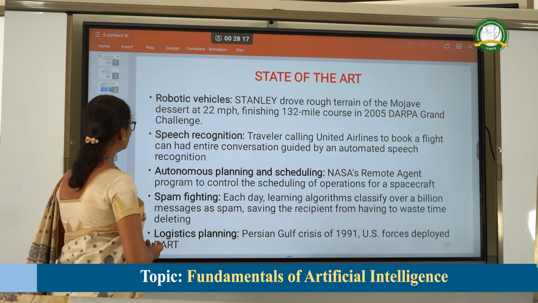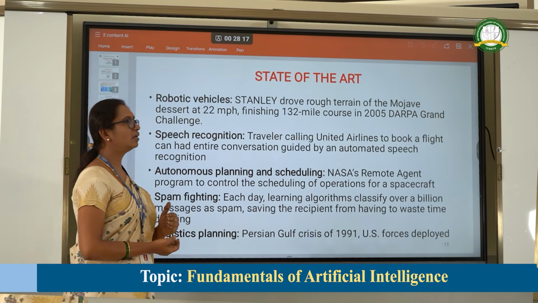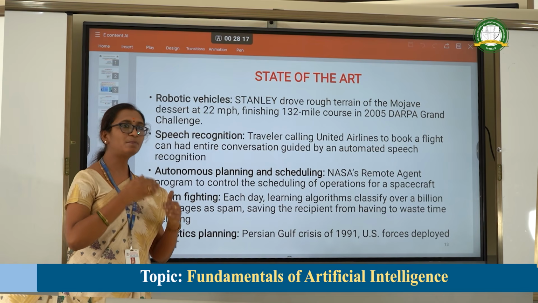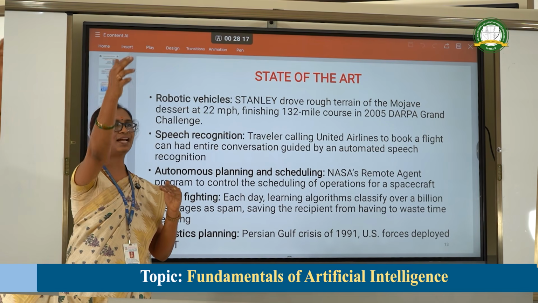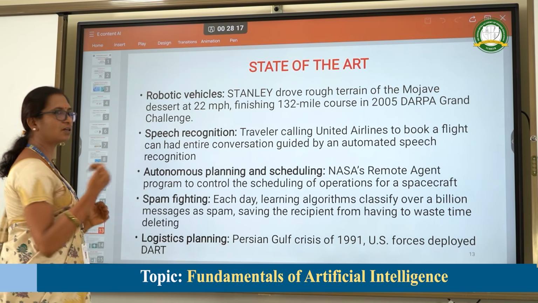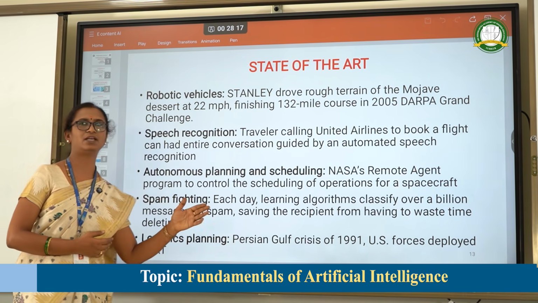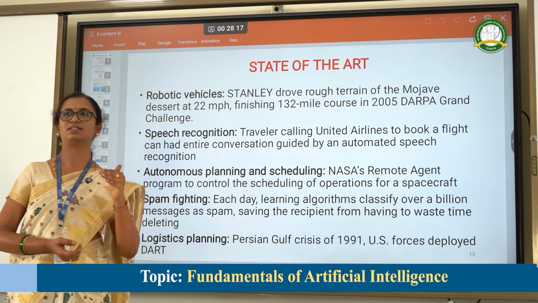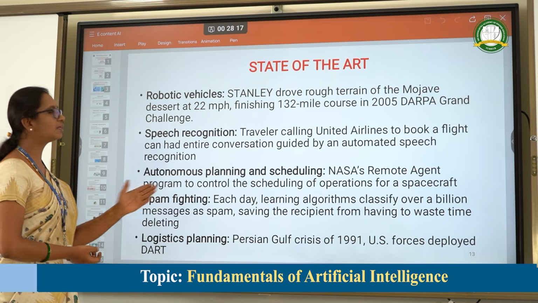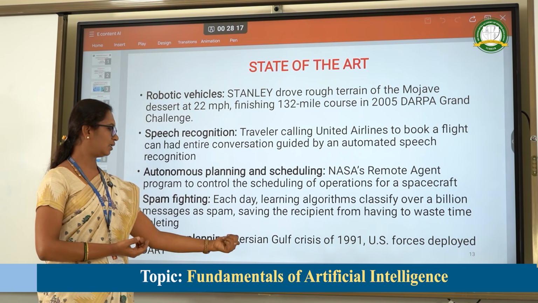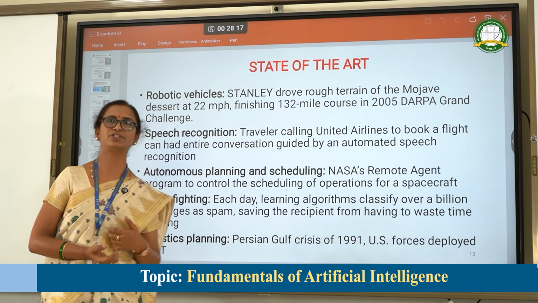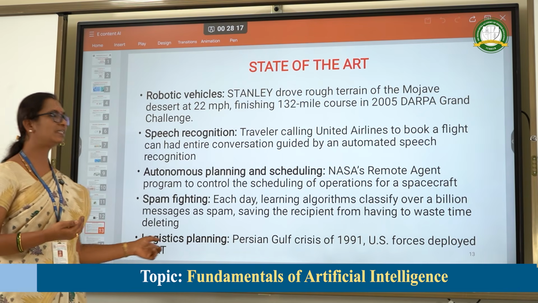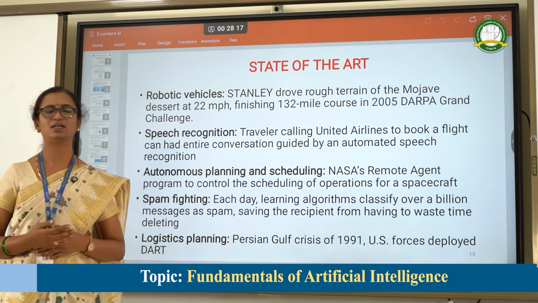speech processing. Then autonomous planning and scheduling: even NASA's remote agent program is capable of scheduling operations from the ground to a satellite that is launched. That is autonomous planning. And we know that each day many of our mails get filled with spam, so spam fighting is another use, to address spam issues. Then logistic planning. Early in 1991, during the Persian Gulf War crisis,